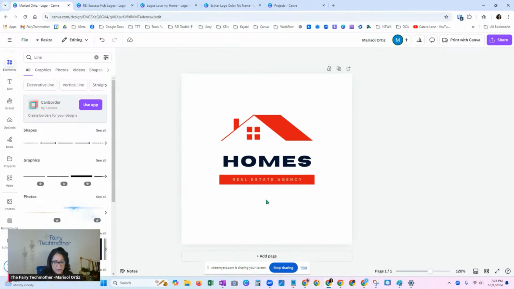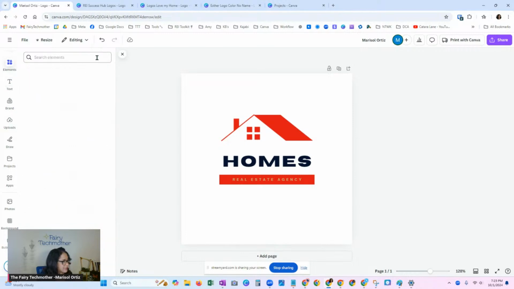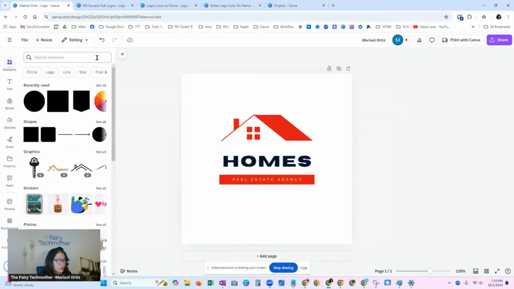That takes that out. And if you want to make it even more unique, again, you can click over here on your design tools. I'm going to X out of this because I typed line. So if you're a little bit lost and you're like, how come I can't get back to something? Always check your search box, because if you type something in there, it's going to stay in that box. So you want to delete whatever is in that box. It's going to take you back to what I like to call the home screen, where you just have your navigation bar and all your selections there.